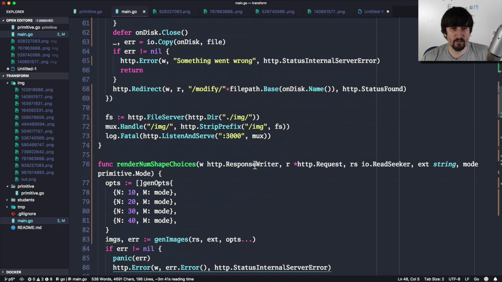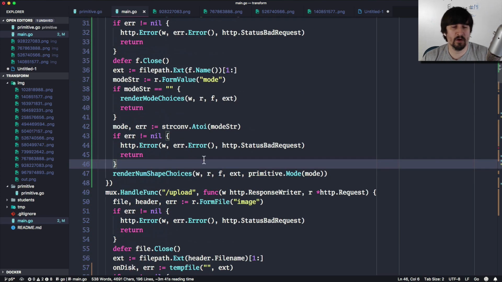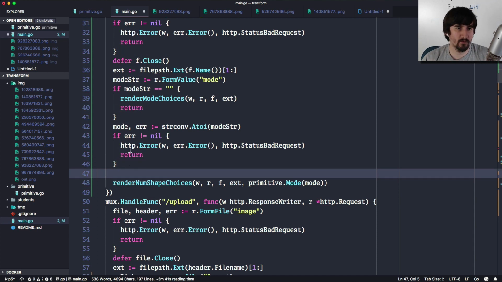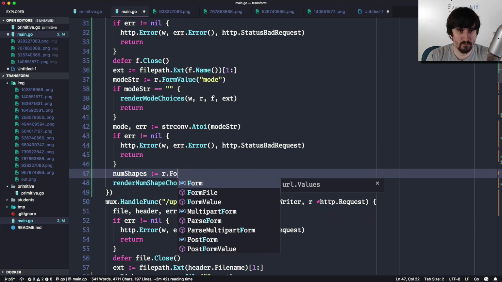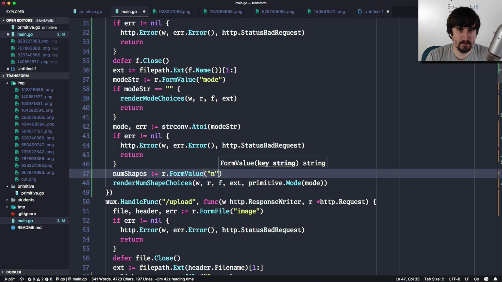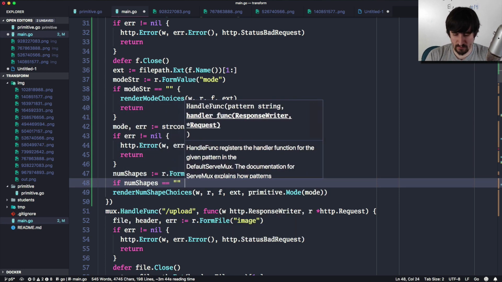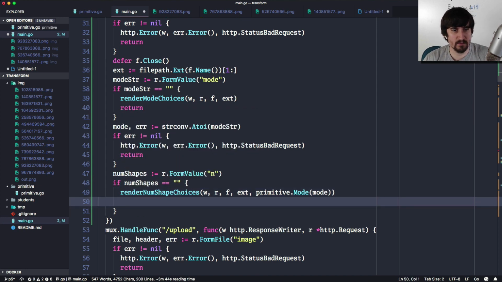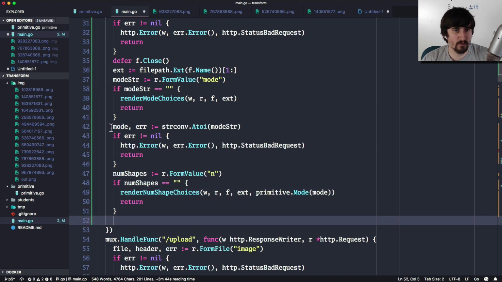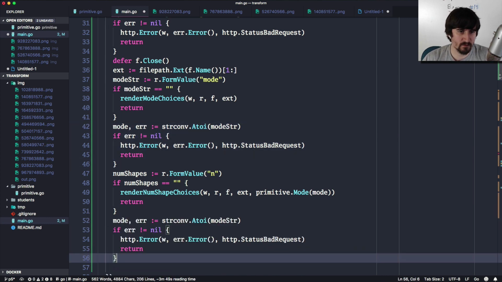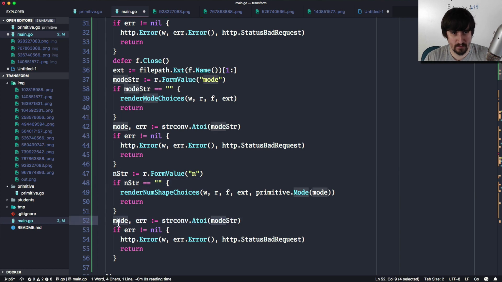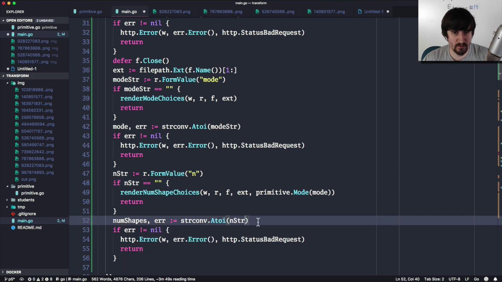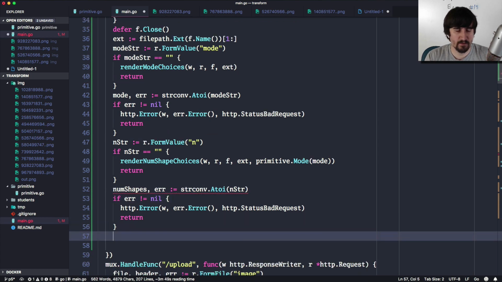This third URL will click something there. So what we'd probably want to do here is say something like, we went through mode here. We're going to say num shapes is going to be r.FormValue n. If num shapes is equal to the empty string, then we're going to go ahead and do this and then return. Otherwise, we're going to do the same thing we did here where we grab this. So I'm just going to show n string. And then num shapes, comma err, is going to be n string. And then finally,